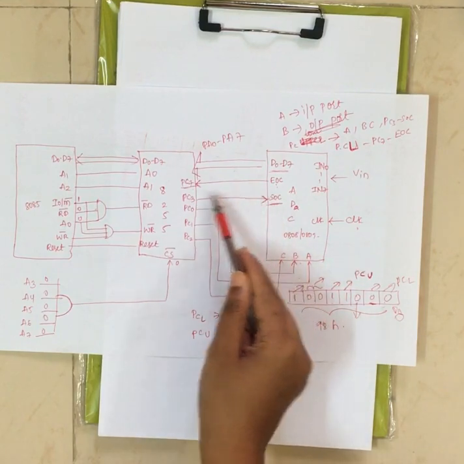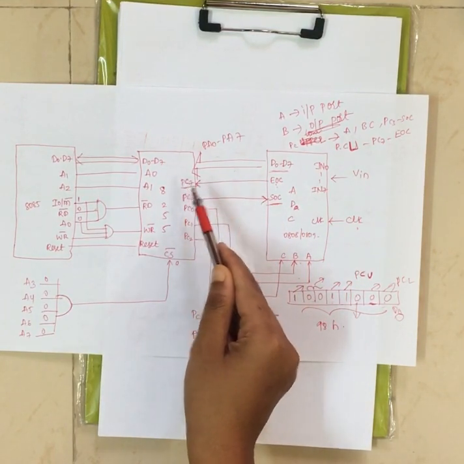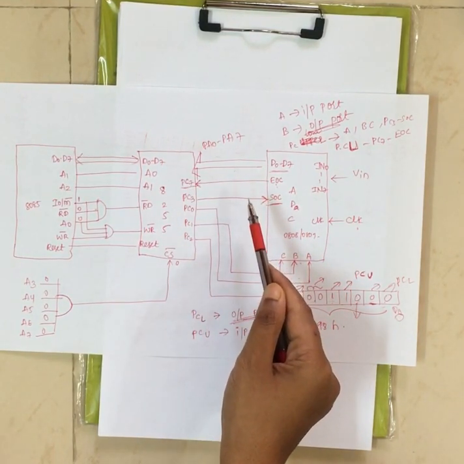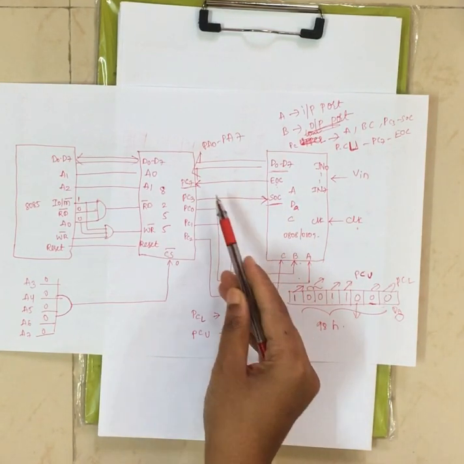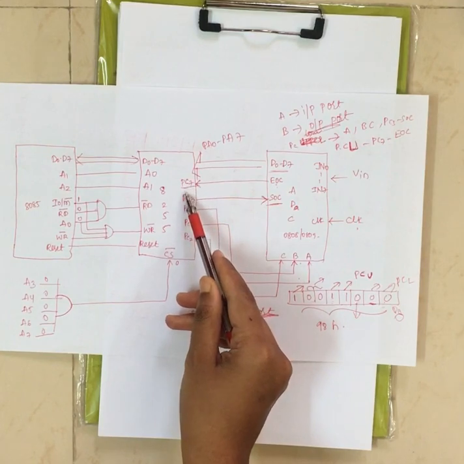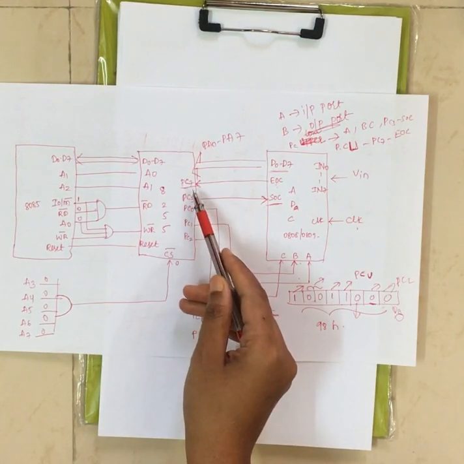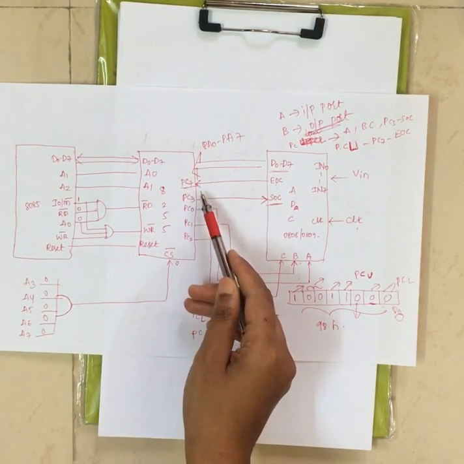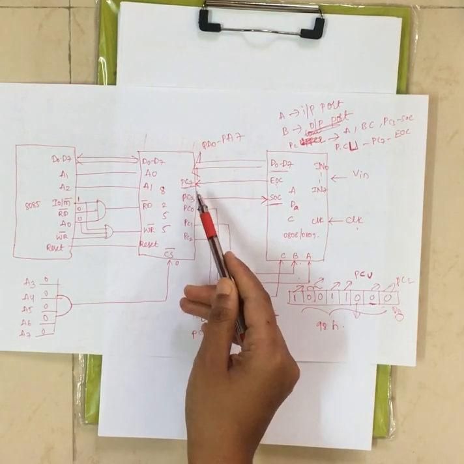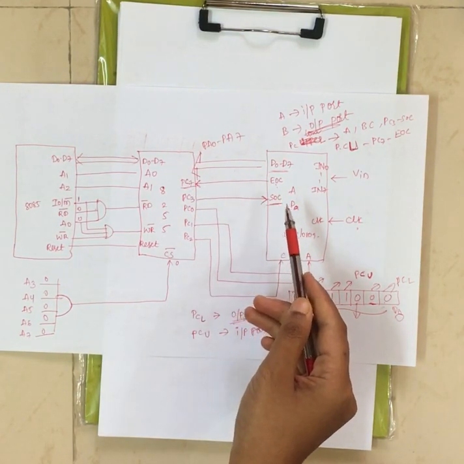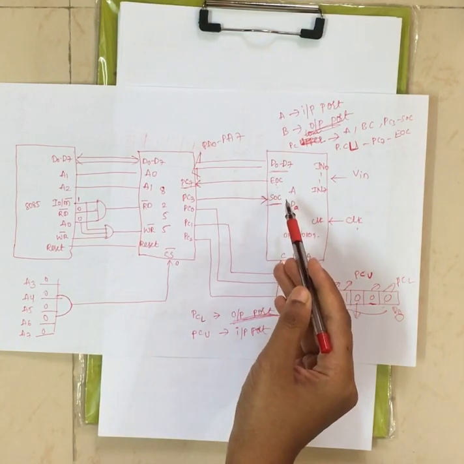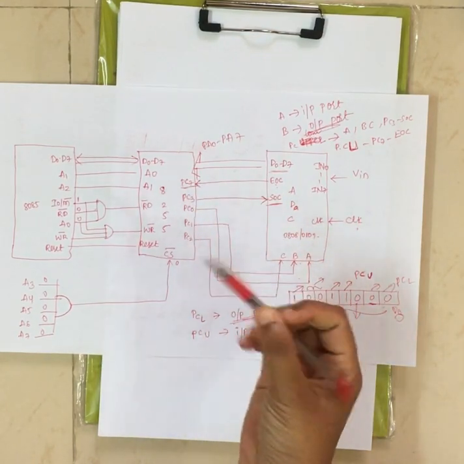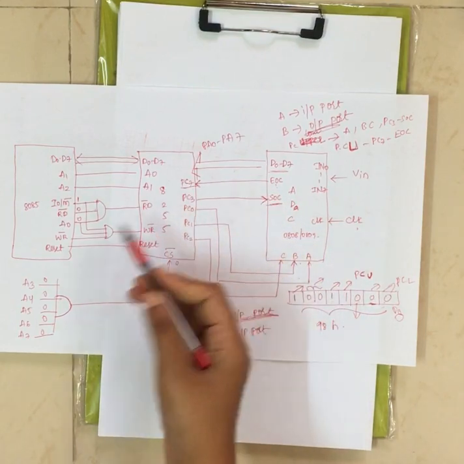Now PC7, right? It is not mandatory that PC7 should be used. You can use any IO line. I am again specifying, you can use any IO line. Now here I have used PC7, which is nothing but a port C upper IO line. Now this indicates that conversion of analog signal to digital signal is completed. Once that conversion is completed, it will generate a signal to 8255. That means it is reading the data, right?